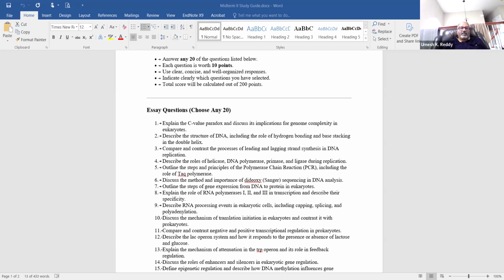And then in translation, you also need to discuss briefly that the small ribosomal subunit binds at the 5' cap of the messenger RNA and the start codon is recognized, and then the large ribosomal subunit assembles there. That is called initiation. And then in the elongation, the elongation factors move the ribosome from one codon to the other, and the tRNAs with anticodons enter the ribosome and bring amino acids.